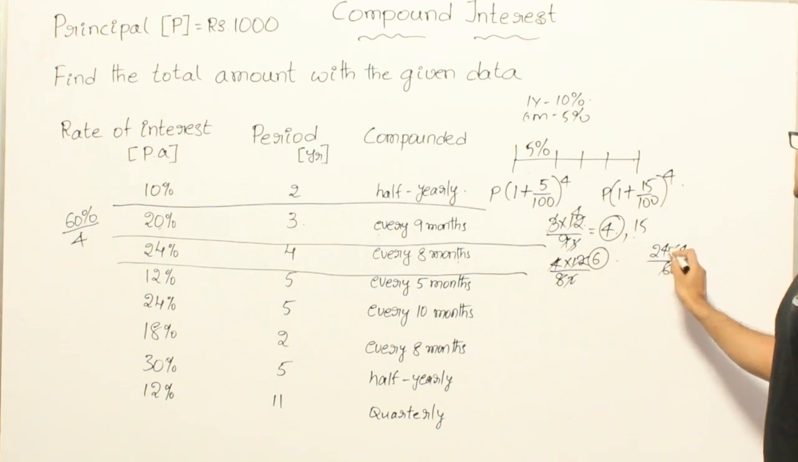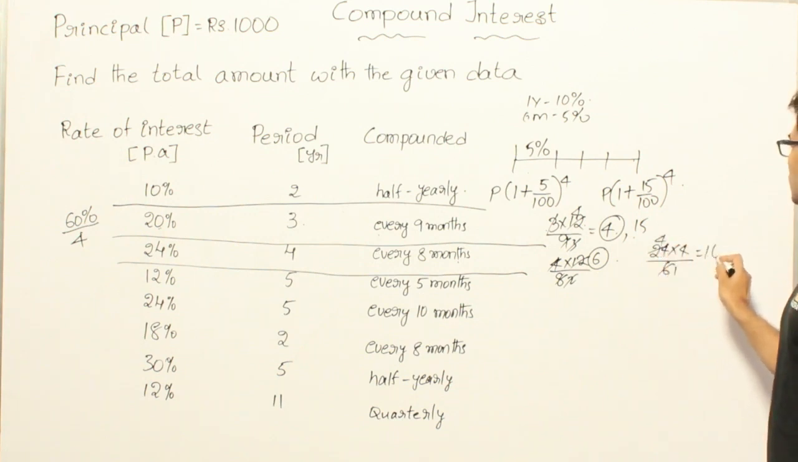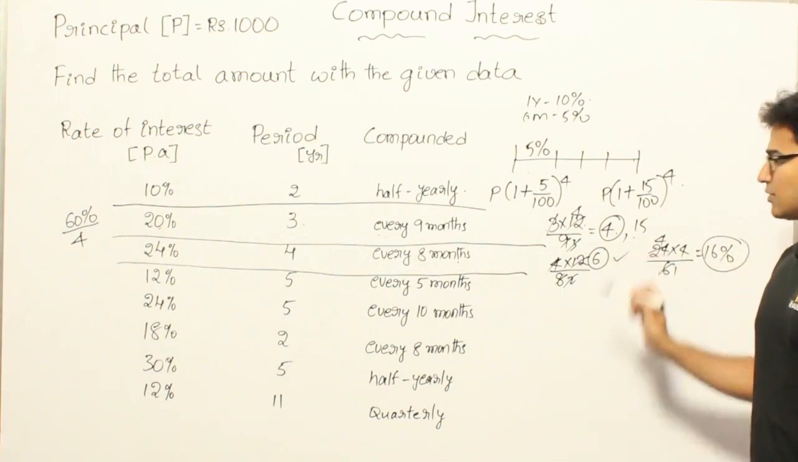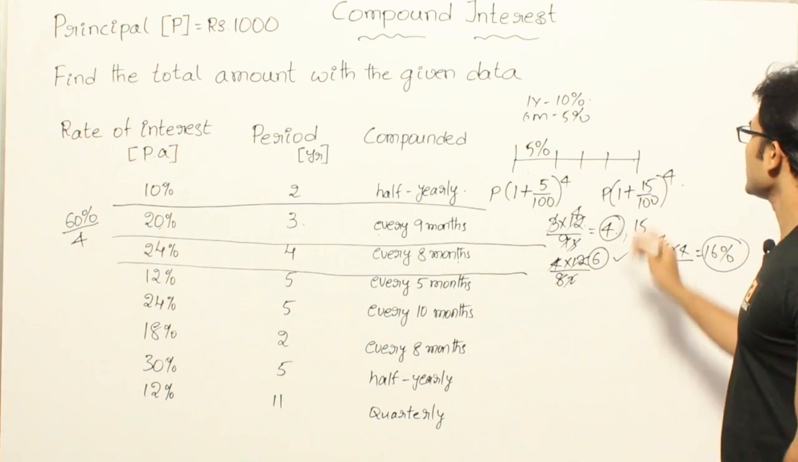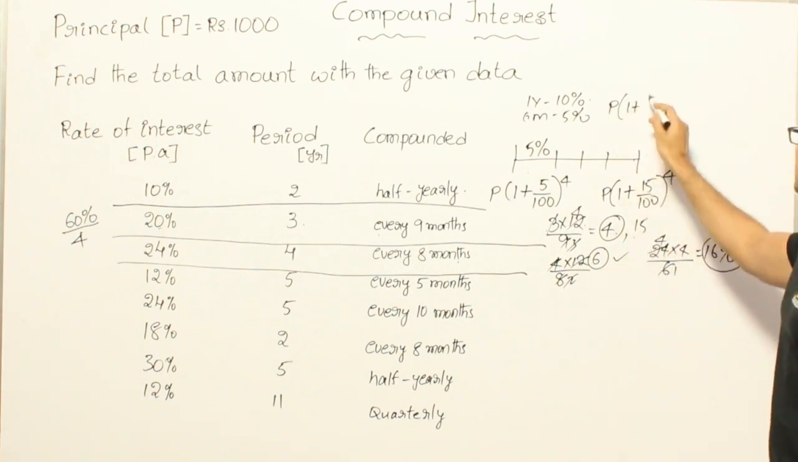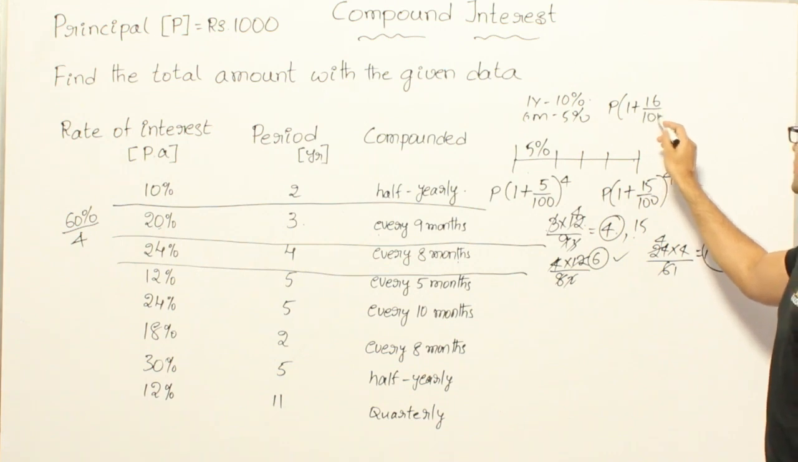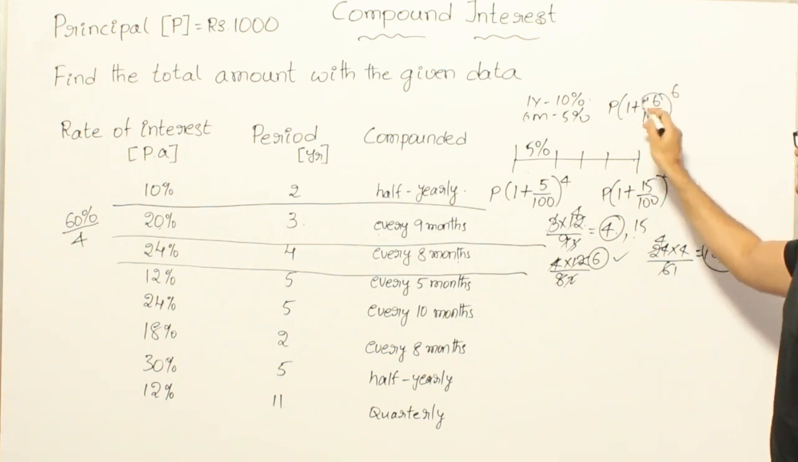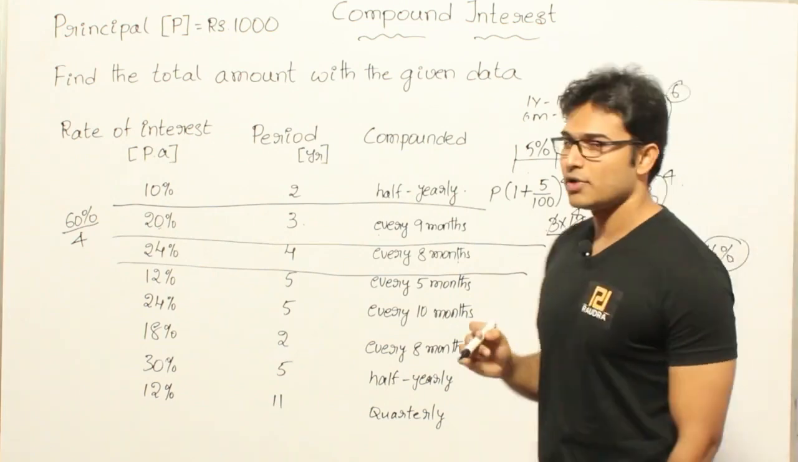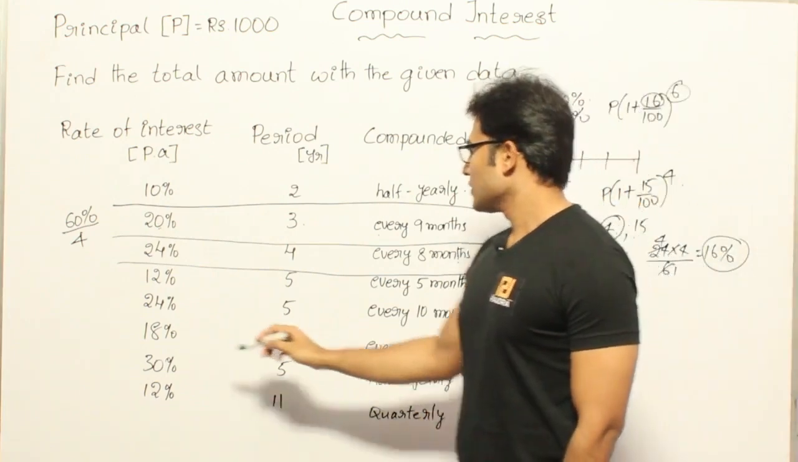So 6 ones, 6 fours, it is going to be 16. So 16% is the rate of interest per slot, and 6 is the total number of slots. Therefore what is the answer? P into (1 plus 16/100) whole power 6. Why? 16% is the rate of interest per slot, and we have 6 such slots. Got it? Okay. Now for the second one,